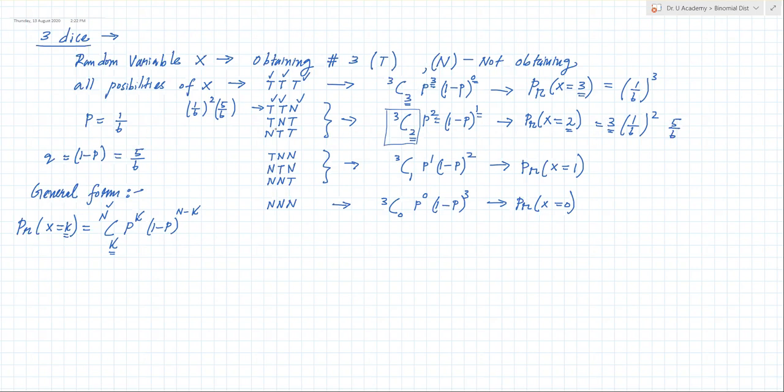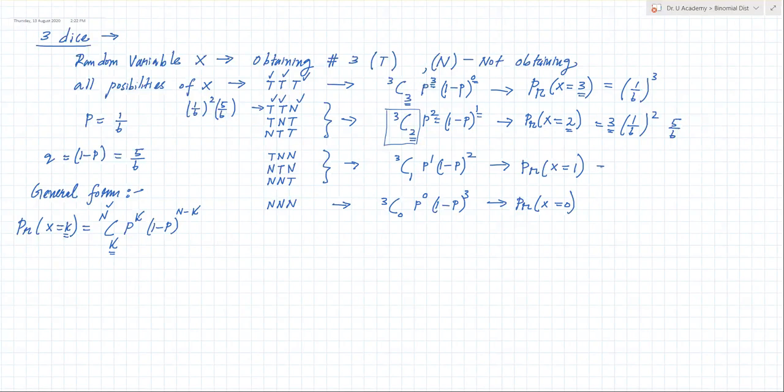Now you don't have to worry about these things. You don't have to draw this diagram when you are doing a question. You will see in a minute. What you have to know is how to play with this notation, because this will give you everything. NCK, you can see here, 3C2 will give you that 3. Because if I update this into 5 dice, then this sample space is humongous. Then it's very hard to visualize what you get here, so we should be able to play with it and understand what is happening.